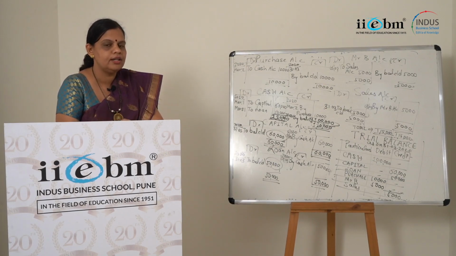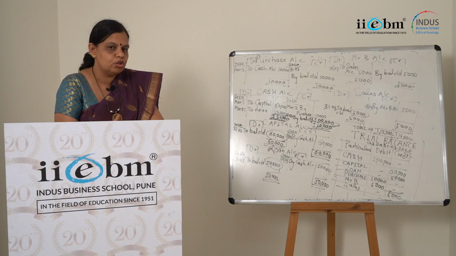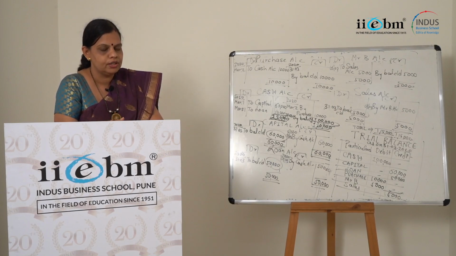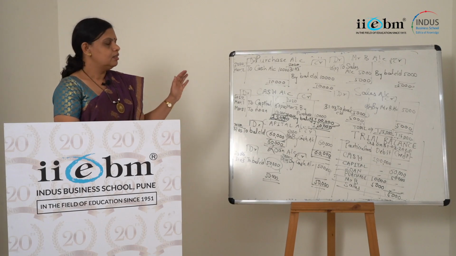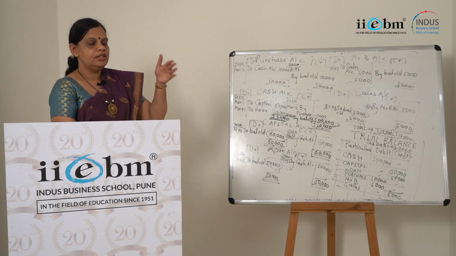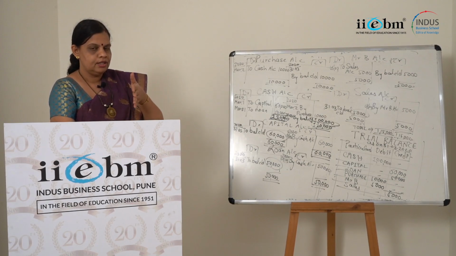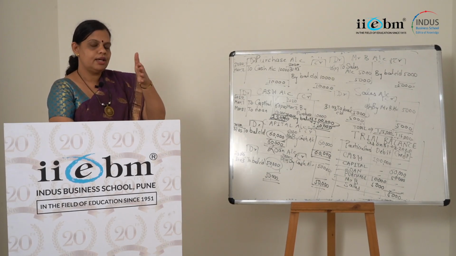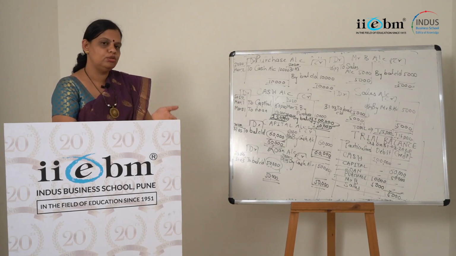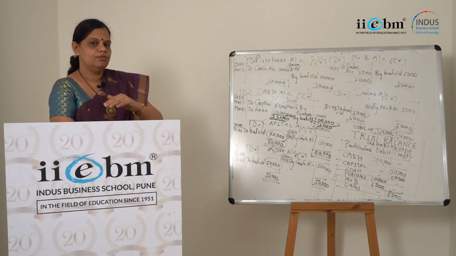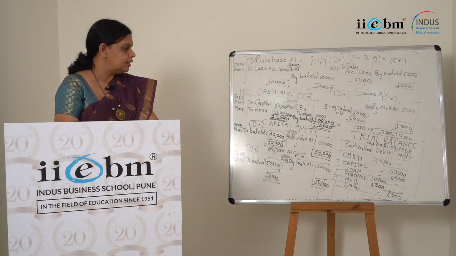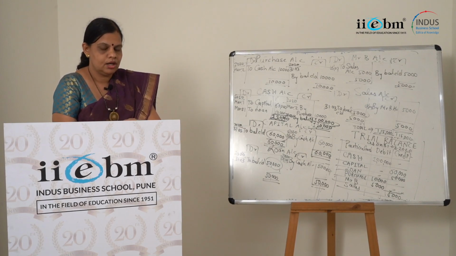Yes, I do agree. But if you solve more problems, then you will be more confident as far as transactions are concerned. If you remember, I have given you the list of different transactions which are done by way of journal entry. Now the same transactions, for the same problems, you can do the posting, you can check whether you can make the trial balance, and then you can proceed, right?